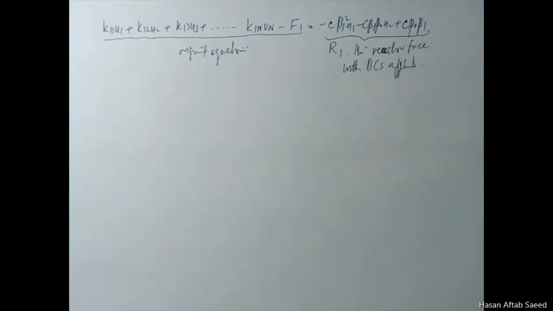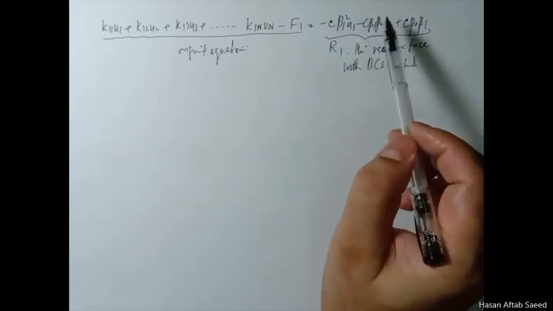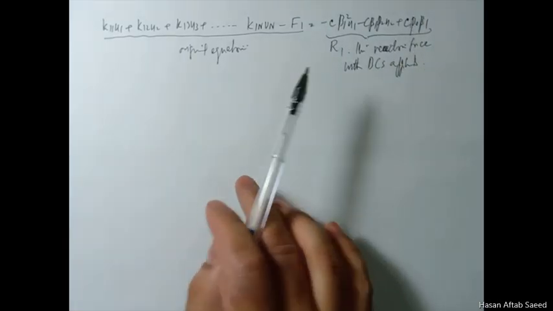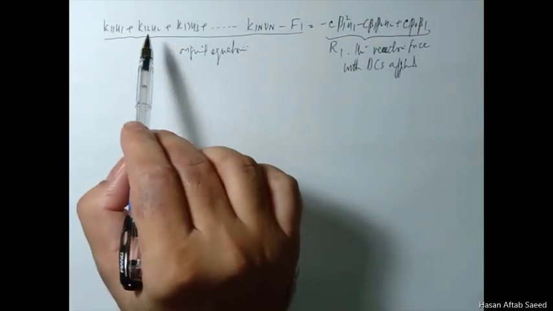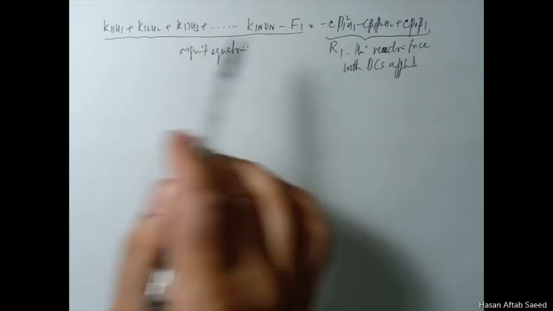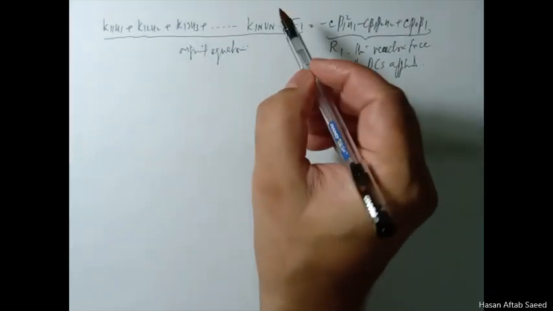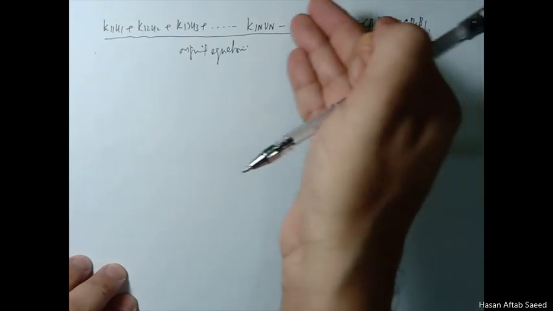Without boundary conditions applied, this is equal to 0. With boundary conditions applied, because the original equation, k11 u1 plus k12 u2 plus and so on, is equal to f1, this part is equal to f1. So if you bring this f1 here,